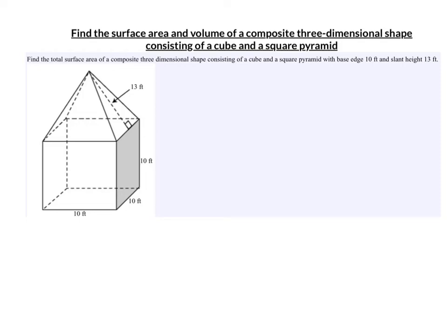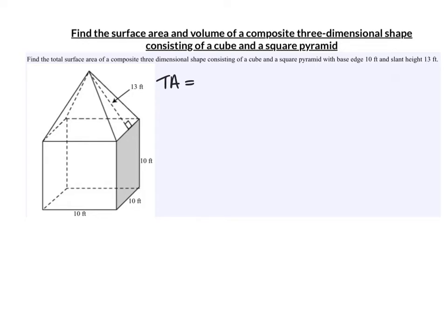Find the surface area and volume of a composite three-dimensional shape consisting of a cube and a square pyramid. So we're going to do both the volume and area so you have an example of each. So let's start with the area actually. The total area